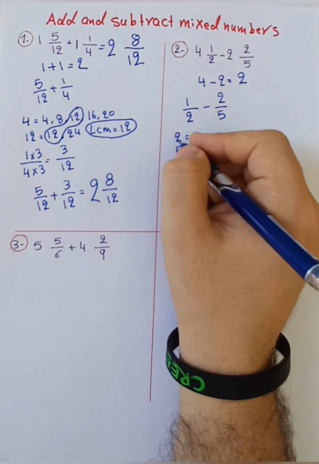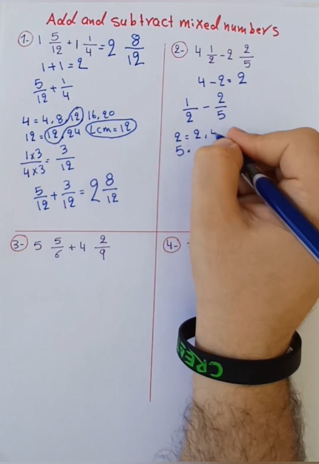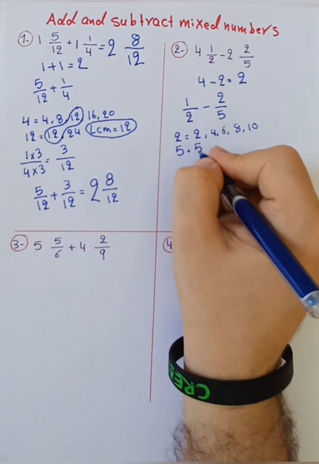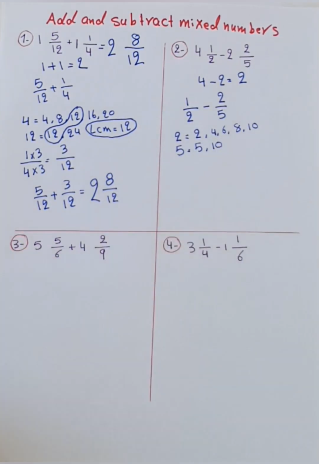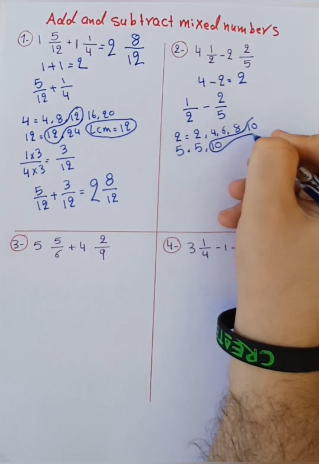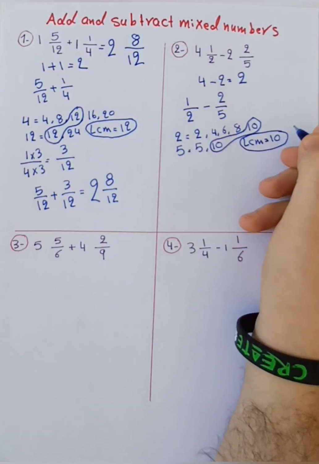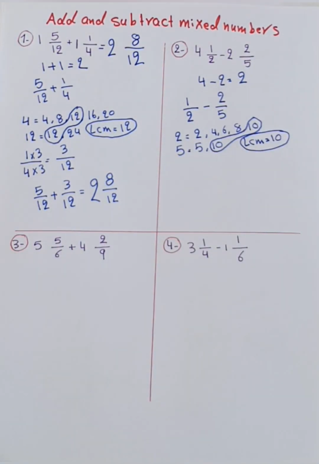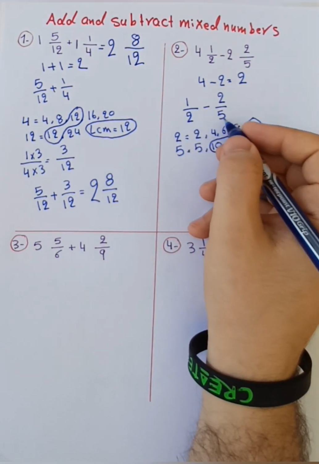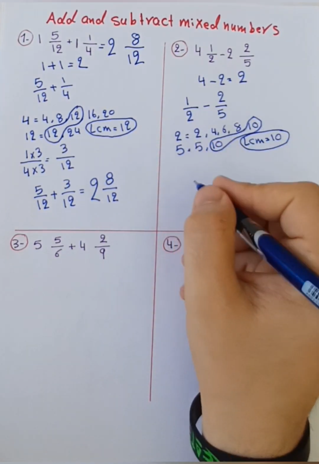We have to write the multiples, 5 multiples for 2. We have 2, 4, 6, 8, 10. And for 5 you have 5, 10. It doesn't need to be continued because we have a repeating number. The repeating number is 10. It means the least common multiple equal to 10. After that you have to look at the denominators of the fractions. None of them is 10, so we have to change the fractions one by one by